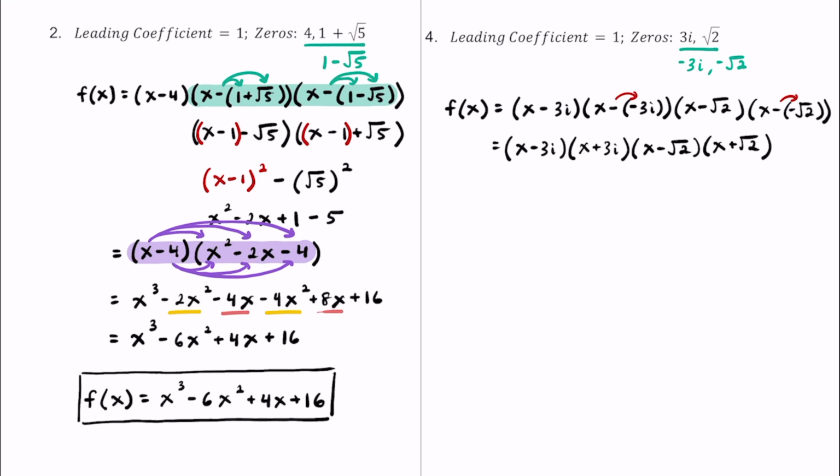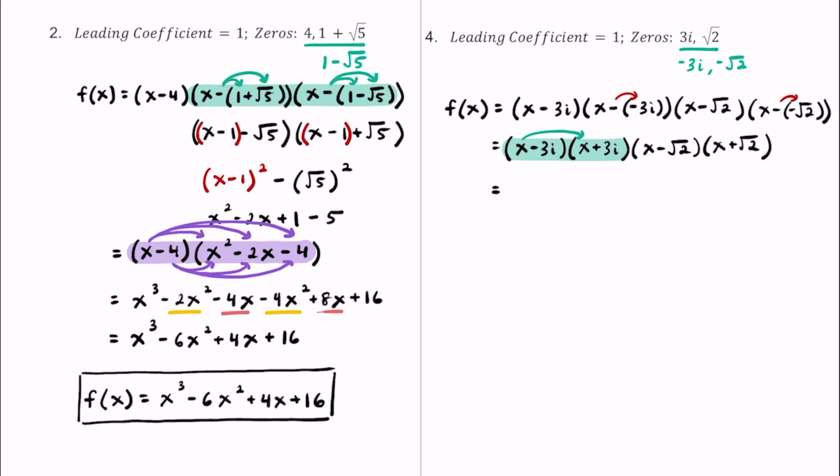Okay, so we cleaned it up a little bit, and let's just really focus on the left side here, maybe with the complex ones or the imaginary ones, and then we'll deal with the radicals next, okay? So if you really think about this, we really have a minus b multiplied by a plus b, right? Just consider the a as x and the 3i as b. So if we multiply this out, we really should get a squared minus b squared and get that difference of squares pattern, okay? So if you want to go ahead and write it out fully, you totally can, but x